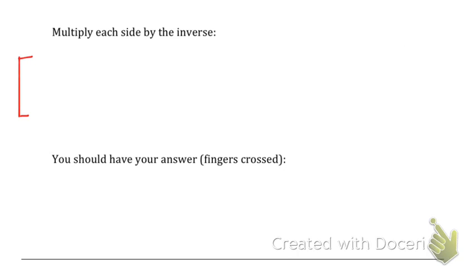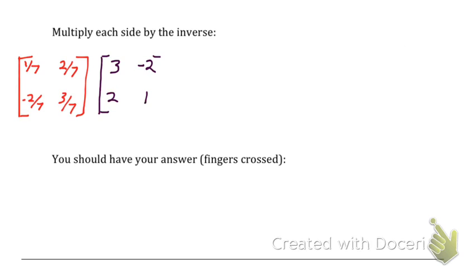So multiplying both sides by our inverse, we'd have 1/7, 2/7, -2/7, 3/7, and we are going to multiply that by that original side, which was 3, -2, 2, 1,